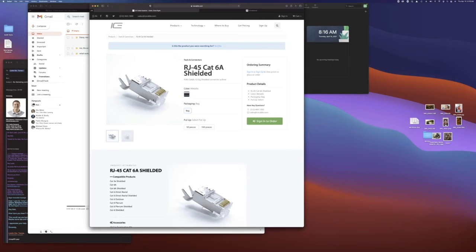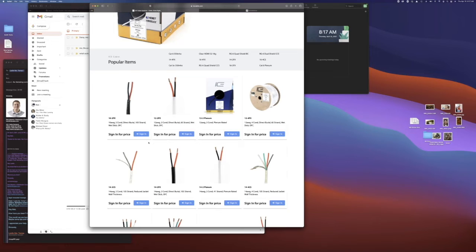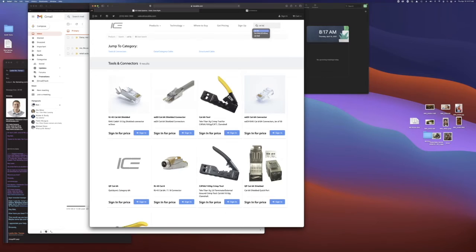Okay, so this is the standard crimp. It's shielded. We sell Cat 6A in both shielded and unshielded. You could go either way, I guess. I would probably recommend the shielded Cat 6A, but we do sell them in either version. And then we also sell the wall plates, which,